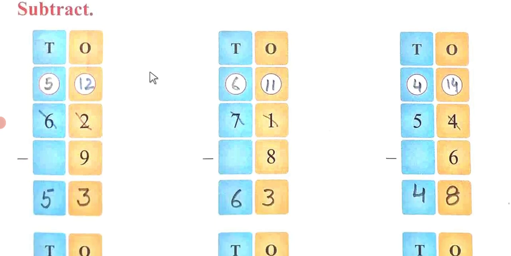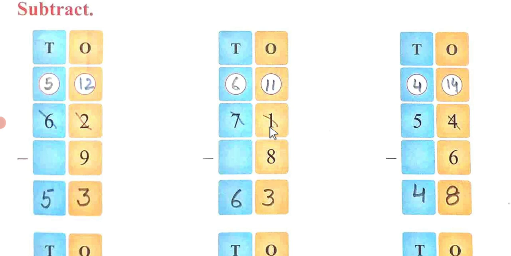So now you can see I have done the exercise for you. I have written 62 minus 9. You cannot subtract 9 from 2. So here it will be changed. 6 will give one number to 2. So it will become 12 and it will become 5. So 12 minus 9 is 3 and 5 will come as it is.